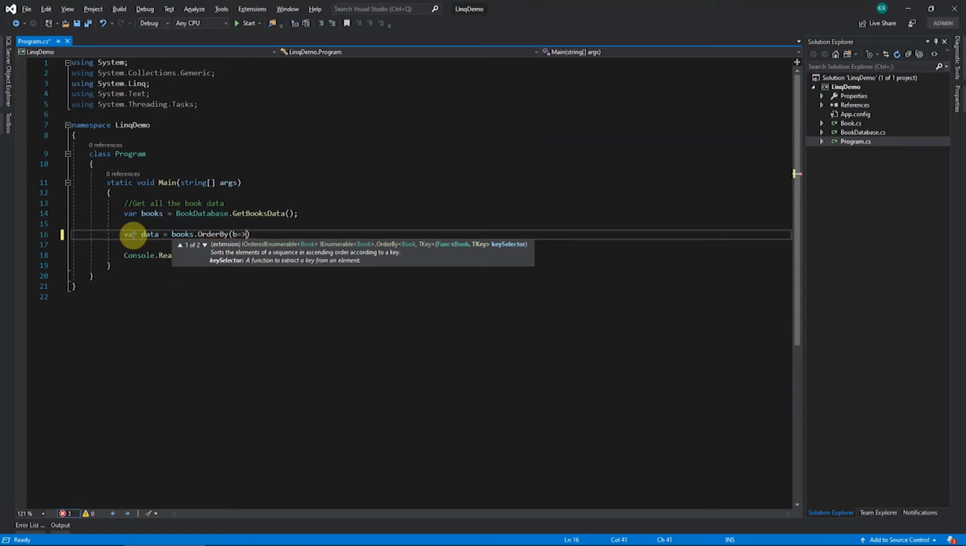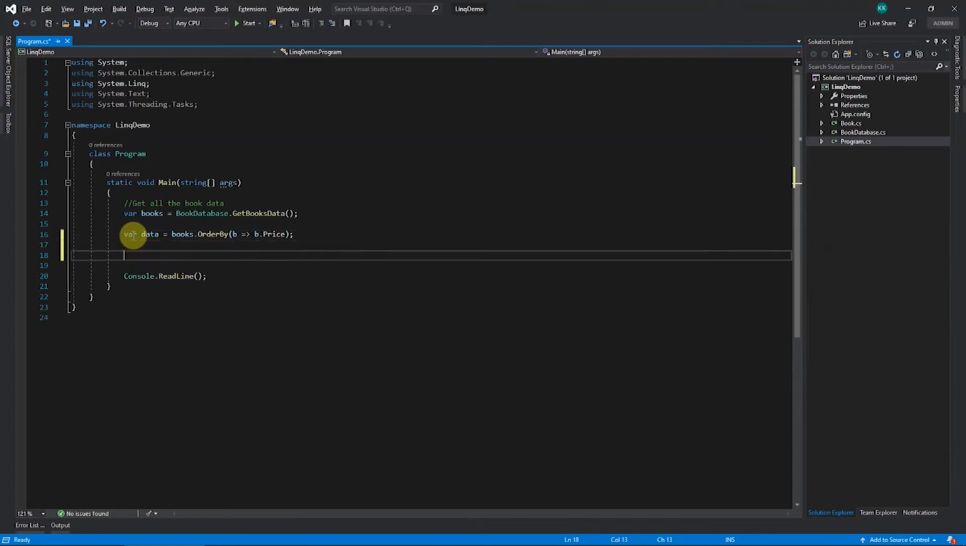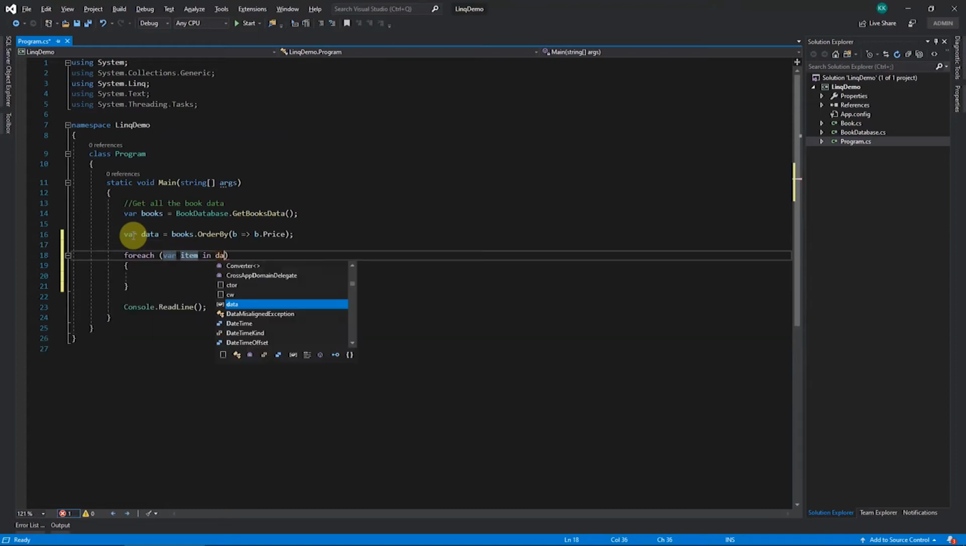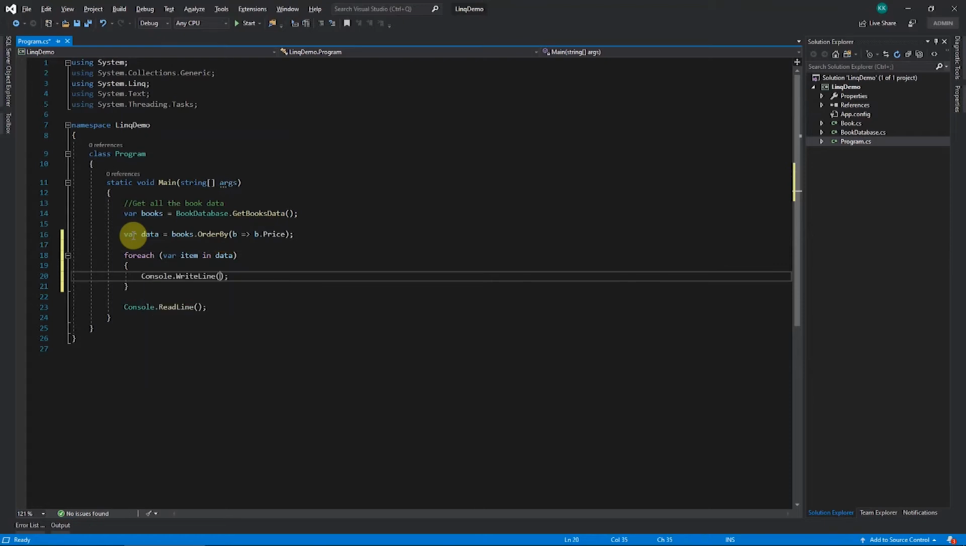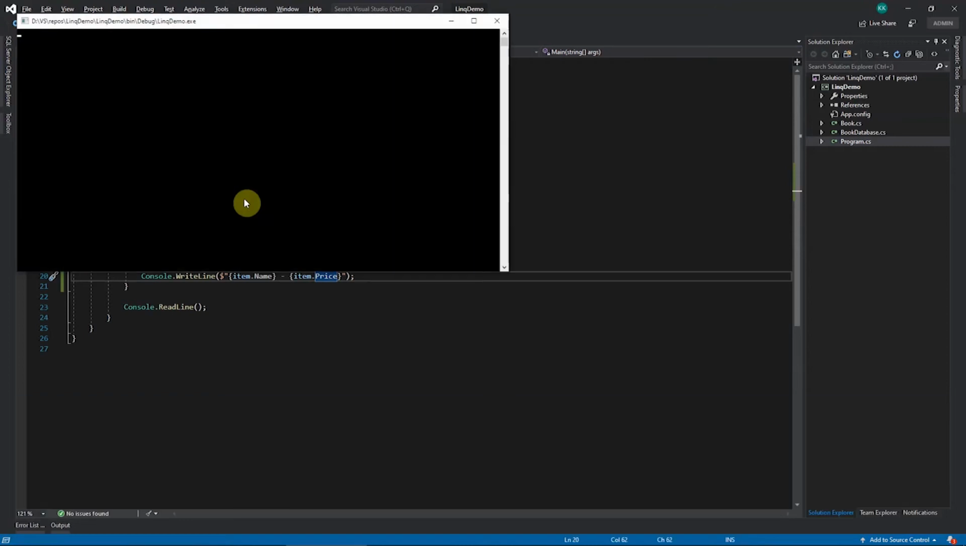So b is the variable and lambda operator b dot, I want to order it based on price. So now I'll just print this and see how the output comes. So for each item in data, I will have a console.writeLine. So maybe I can print both the name and the price so that you can see it is getting ordered. So here it is item dot name, and I will print the price as well. So item dot price. So now when we run this, you can see